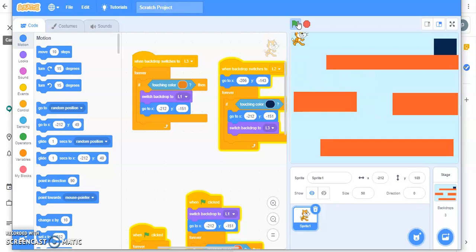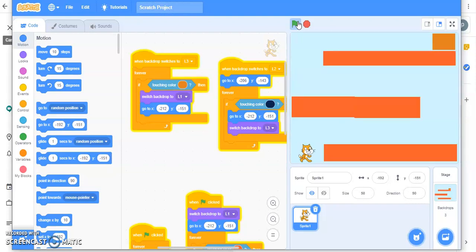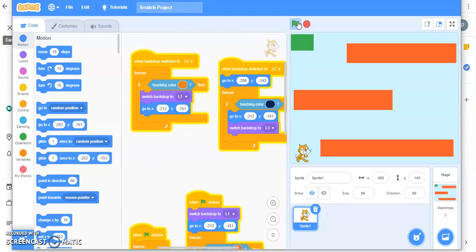Okay, finally. Now I am on the third level, and third level I made easier for me. You can make it difficult. And when I reach the orange box, I am back to my first level. So this is how you can code.